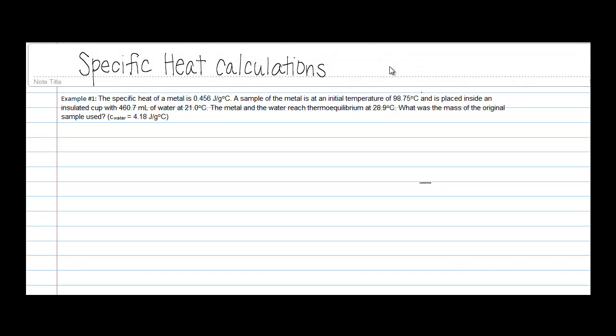This is an example of a more complex problem where we have a metal sample and it's introduced into a colder cup of water, and the metal and the water reach a thermal equilibrium. And so, real quick, I'll draw what this looks like up here. So we've got,